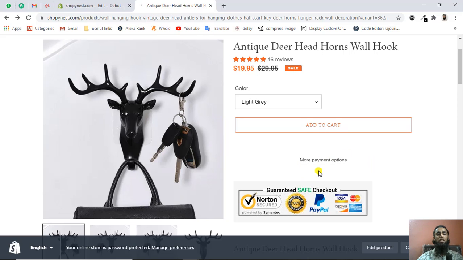So that means we have this specific link. If you are not interested in using this link, then definitely you can follow the second way of removing the PayPal button.